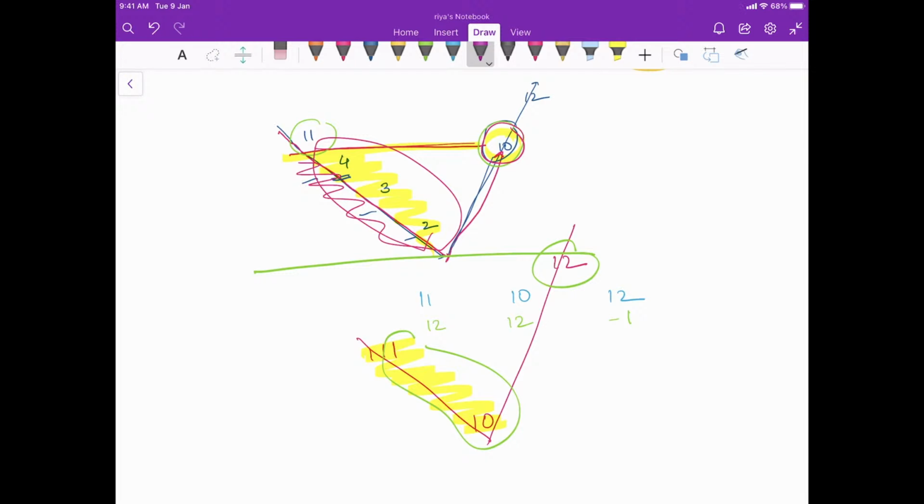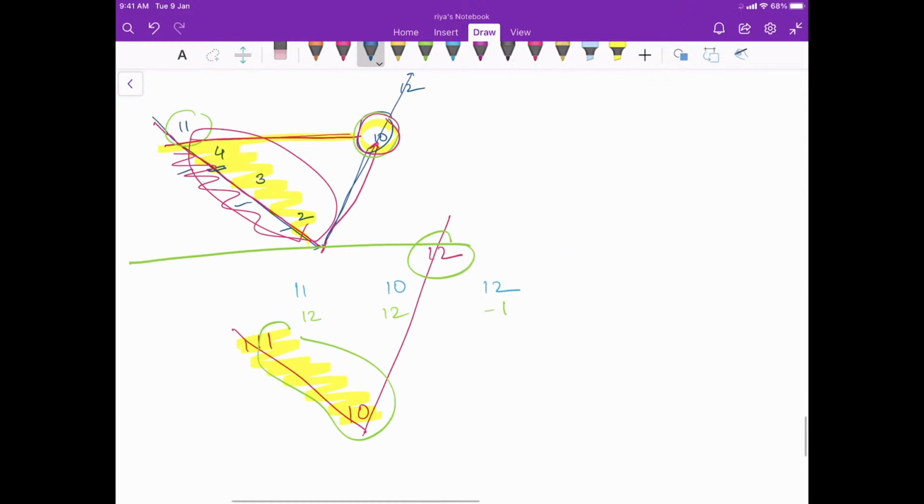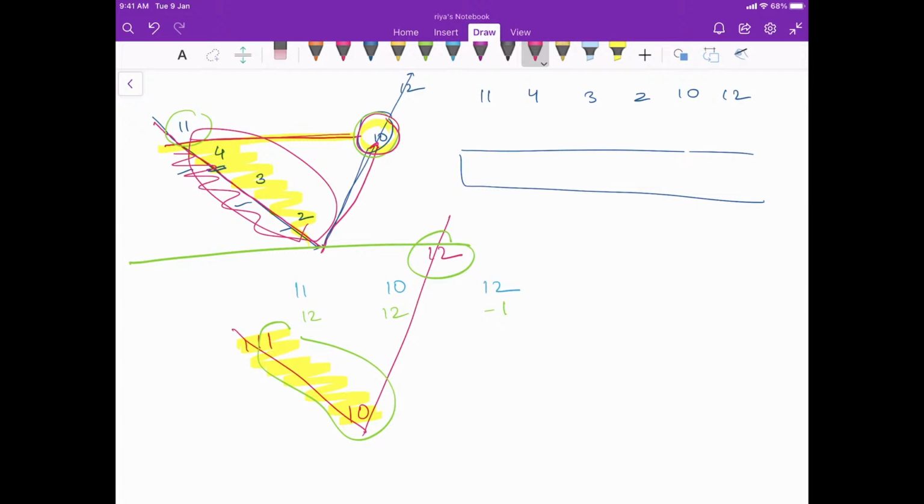Okay, so what we basically try to do is, let's try to visualize it with a data structure. We had values 11, 4, 3, 2, 10 and 12. Till the time I come across a decreasing sequence, I am adding the elements 11, then 4, then 3, then 2. The moment I come across a value which is greater than the value present here, that is 10 is greater than 2, right? We all know,